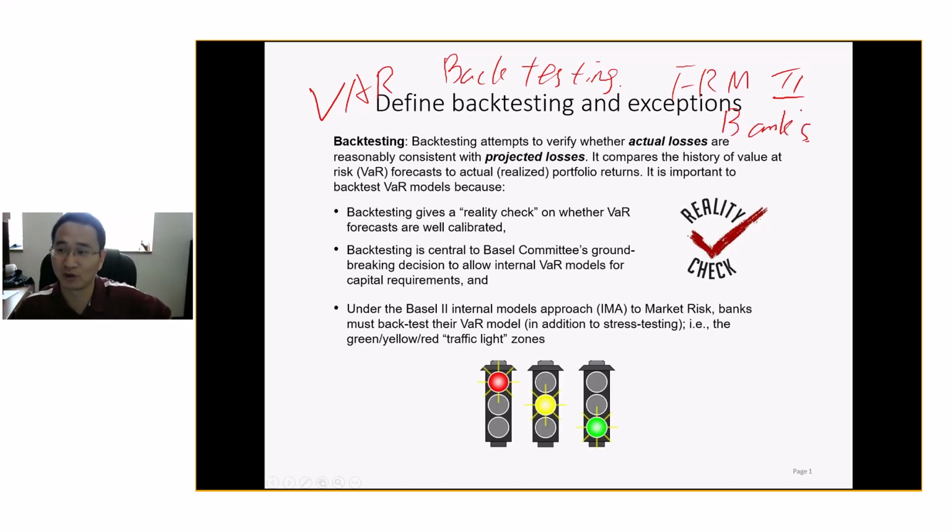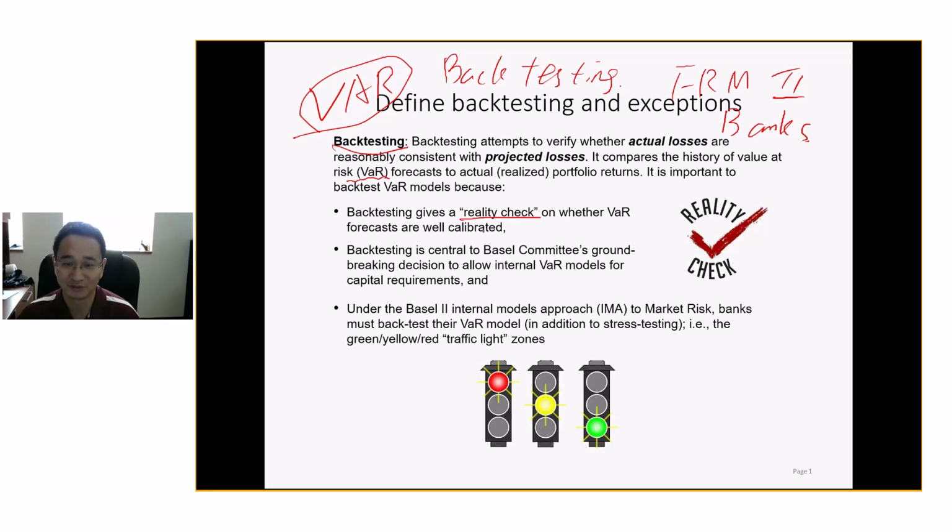Regulators, mainly the Federal Reserve, will want to let the banks have many choices of reporting their risk management procedure. One of them would be just to report to them the VaR, and then they need to have enough people, enough power in-house to do it. So you tell me how much risk you can take, and then you hold enough capital to hedge against it, right? And then you need to tell me whether your reported VaR, value at risk, is actually realistic.